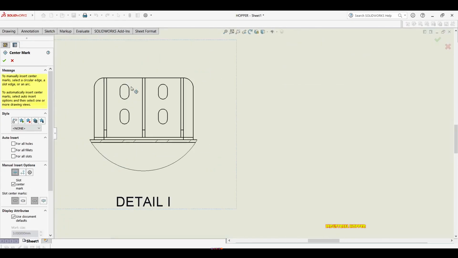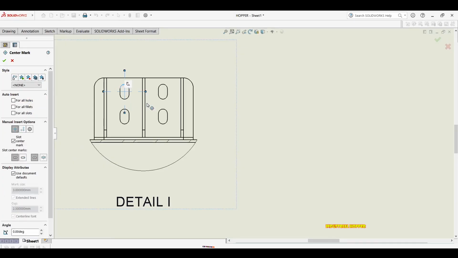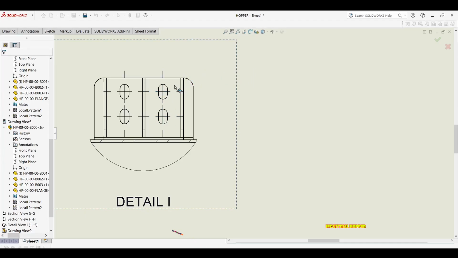Then now let's go get our things in order here, and then